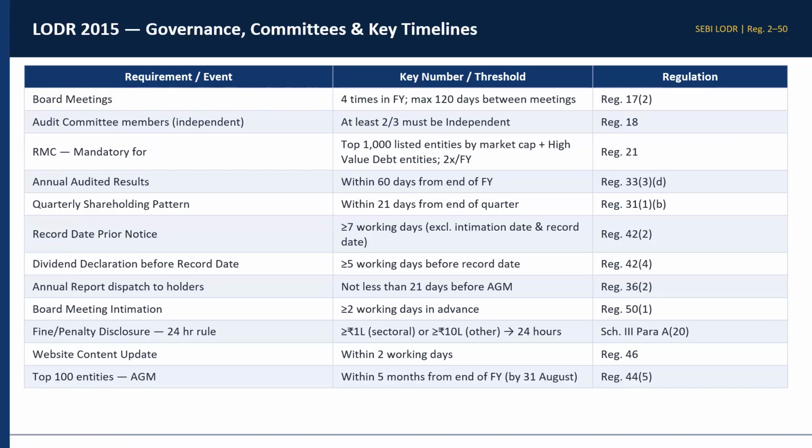ये सारा आप देख लेंगे अपने हिसाब से, इसमें कोई दिक्कत नहीं है। जो टॉप 100 एंटिटीज है, उसकी एनुअल जनरल मीटिंग होनी है आपकी विद इन 5 months फ्रॉम द एंड ऑफ द फाइनेंशियल ईयर, बाय 31 अगस्त। नॉर्मली 6 months होता है, यहाँ पर 5 months किया। वेबसाइट कंटेंट में अगर कोई अपडेशन है, तो दैट यू हैव टू डू विद इन 2 working days एंड यू हैव टू मेंटेन ए वर्किंग वेबसाइट।